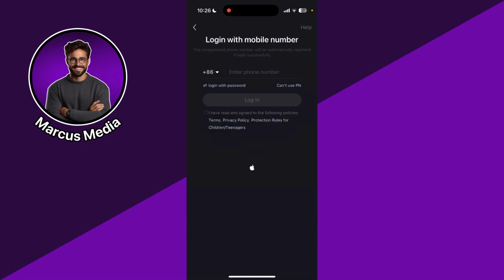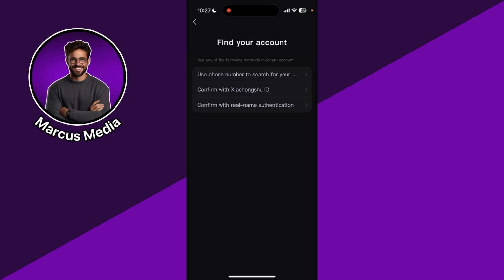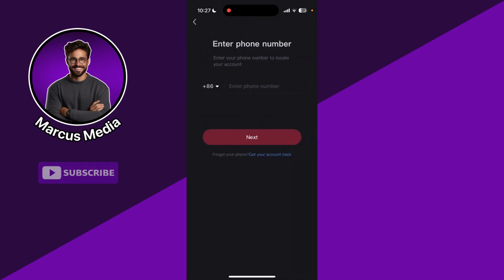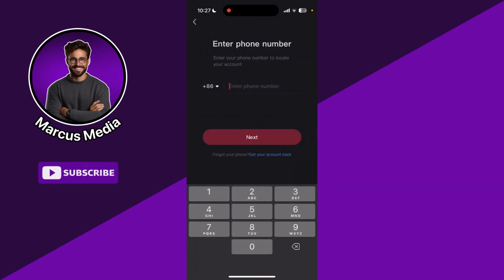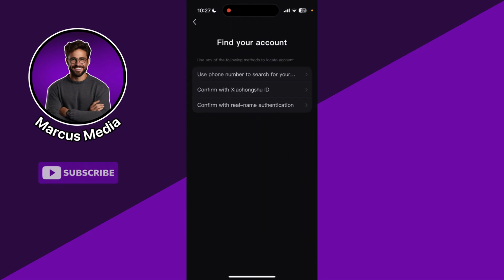But let's say you don't have an account yet, then you click on this right option, can't use PN. And in here you have some other options. And the first option is to use your phone number to search for your account. But let's say you don't have an account, then you can confirm as well with the real name authentication, the bottom option. And this will actually make you confirm your personal details with your passport